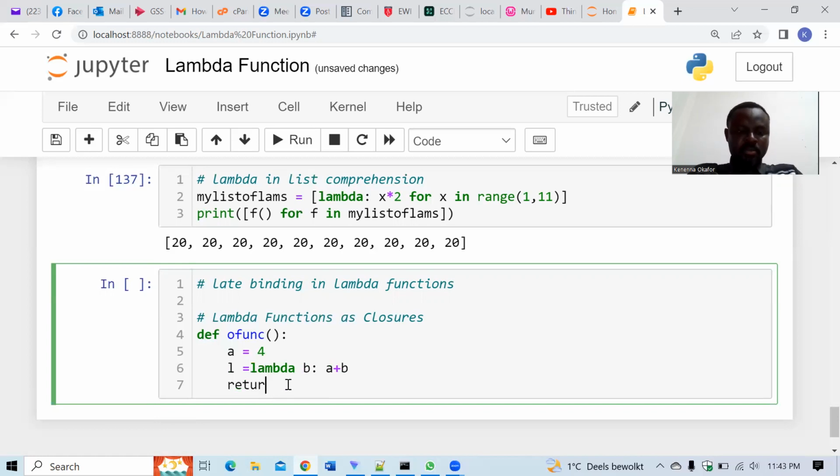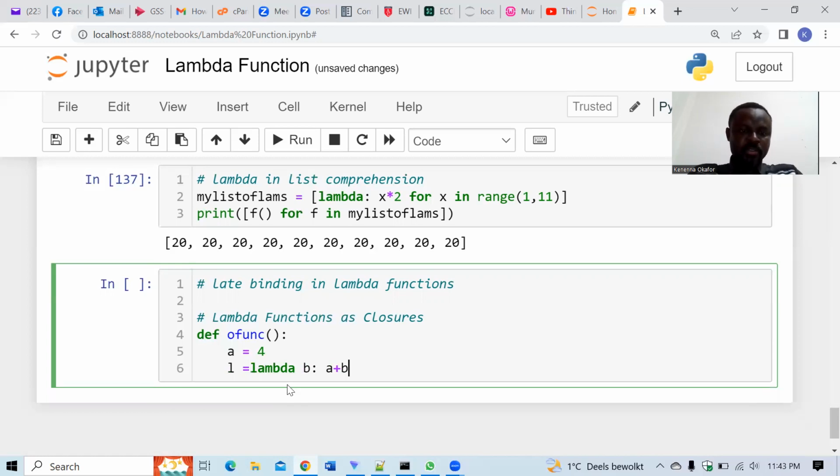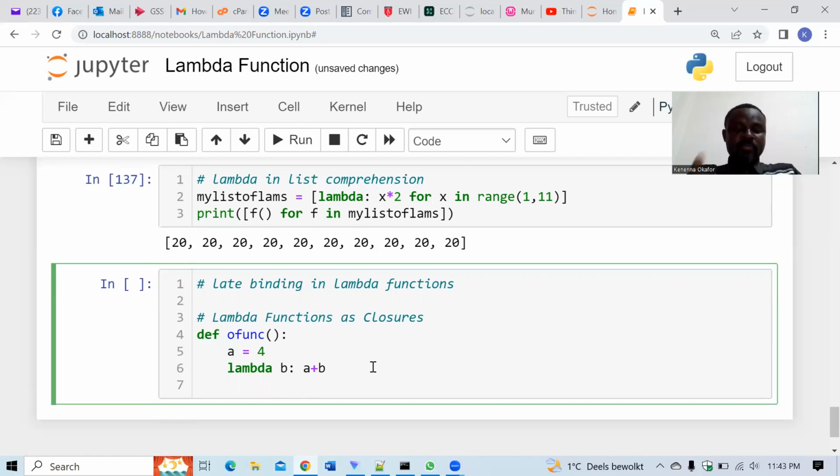Okay, no need for the return. I'll just leave it at this point, just like this. Right, I think it's okay there. So this outer function contains a lambda function as an inner function. Now, the whole concept of closure is that this inner function, lambda, has access to a variable defined